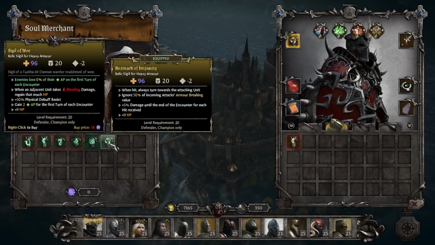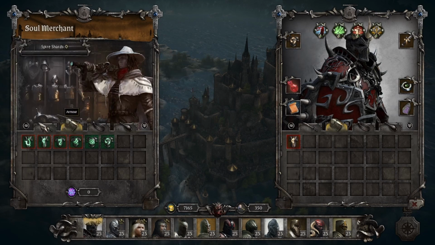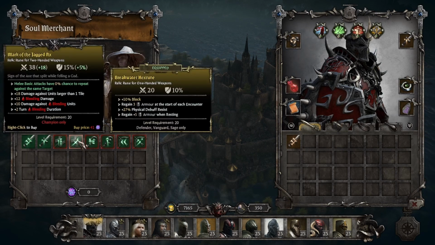When an adjacent unit takes bleeding damage, you gain that much HP back. Again, if you're not using a whole lot of bleeds, you're not going to get much use out of this, and generally I don't use bleeds. This definitely seems like one of those items you're going to have to build into a little bit. Again, it kind of seems like it's building off of this one,